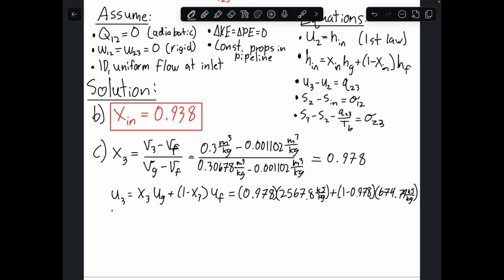So if you plug all this into your calculator, you should get a U3 value of